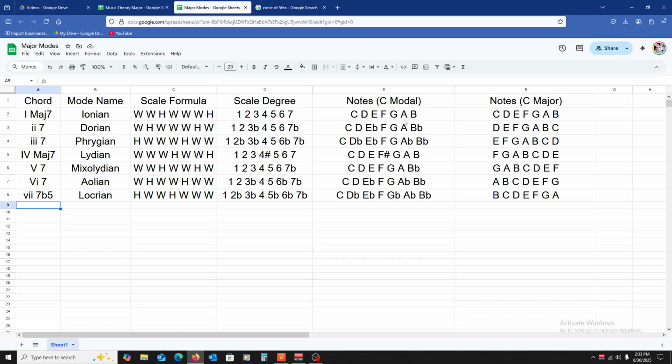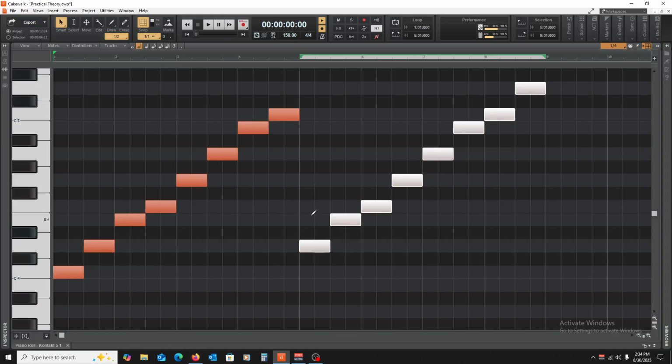We're always starting on C, but because we're changing the C major scale to fit with these different modes, we're going to be putting ourselves in different keys in order to keep the relationships with these formulas. So I don't know if this is making it more confusing or less confusing, but you can think of it